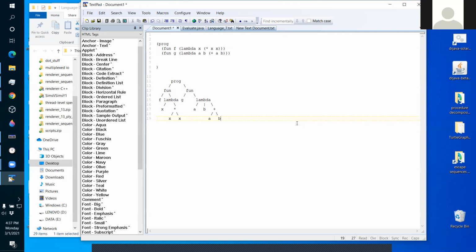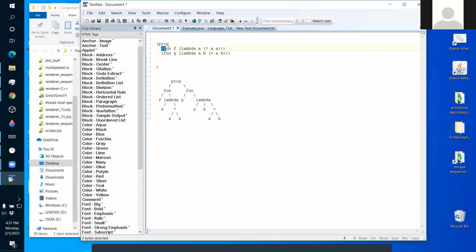Okay, so that's all the first thing does. Fun just builds that tree like that for us. That's the key. That's all it's really, its only real job is to be parsed into that tree. At runtime, it really doesn't do much of anything. So let's look at the code for, okay, so